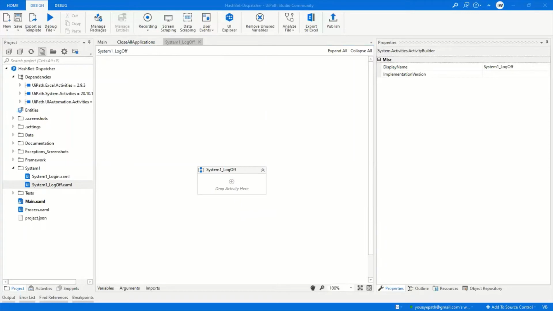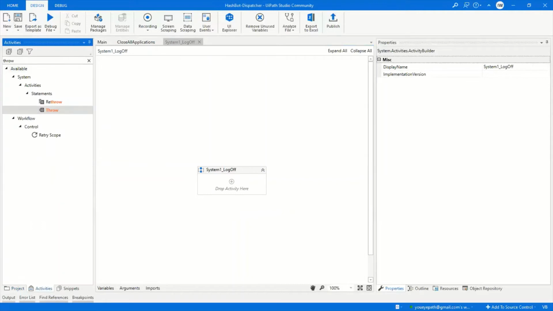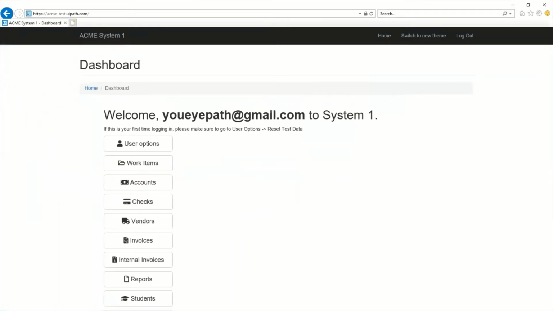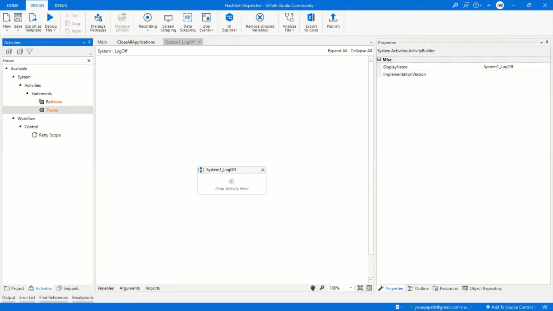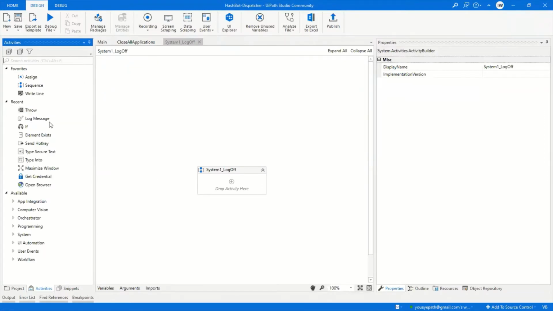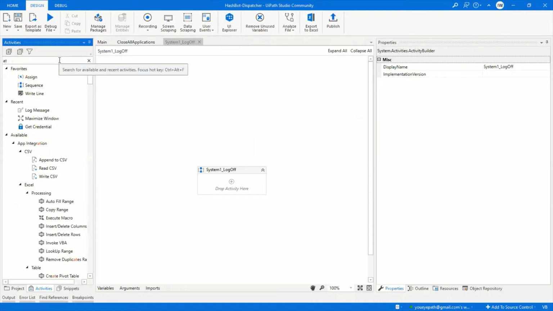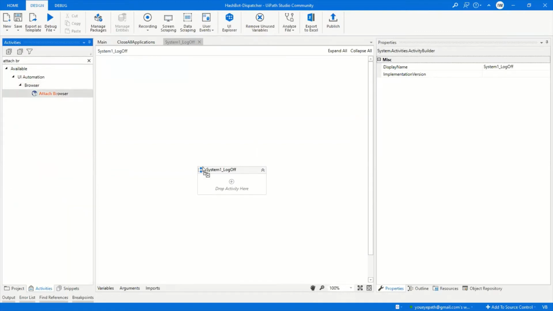Another common practice to get into here is to bring in an attached browser activity. So similar to the open browser, notice we don't need to open the browser, it's already open, in our case already logged in. We now need to go through the process of clicking the log out button and then subsequently closing the web browser itself, bringing it back to the same state it was in before we began automating. That's our goal here. So you heard me mention attached browser activity. So back on the activities tab, there is an attached browser activity. If I bring that across,